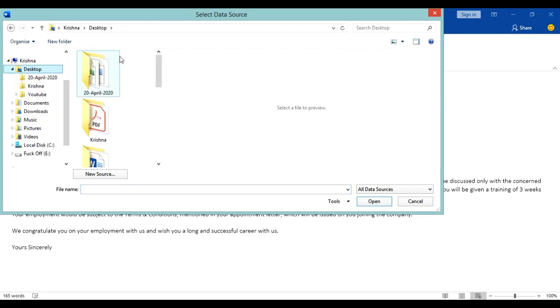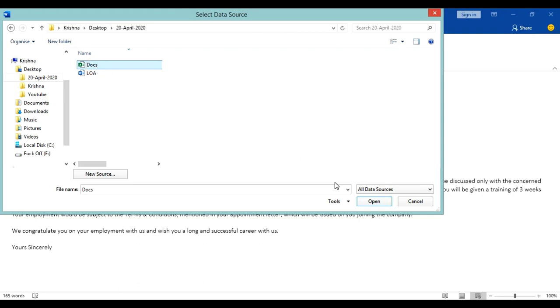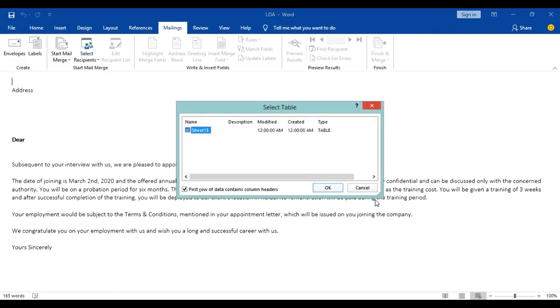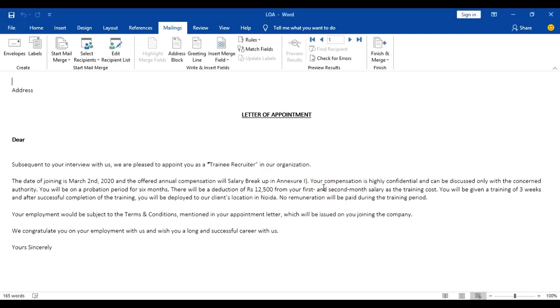Here you can see 20 April 20, select your Excel file and open it. Only a single sheet is visible because I have created a single sheet in Excel, so it is visible on the selected tab. Click on this. Now your Excel and Word document are merged together.